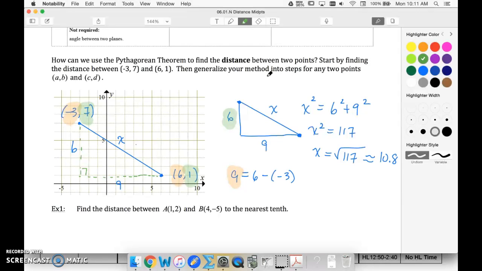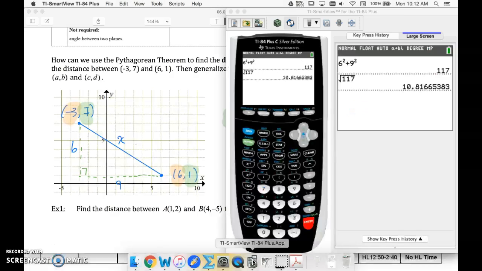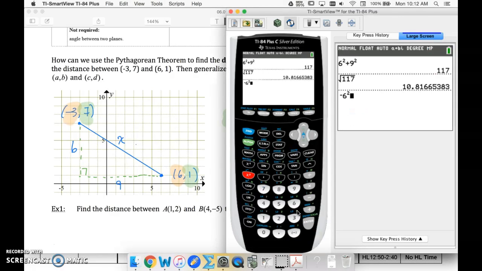If I go in the same order, notice that for my y values I would have 1 minus 7. Well, that would end up giving me -6, but if I squared -6, it's still going to be a positive number. So it doesn't matter which values we start with. If I start with the 1 minus 7 and I get a negative answer, that's okay, because I'm going to square it. So if I did that in my calculator, I can't do -6 squared, because that means square the 6, then make it negative. I would have to do (-6) squared plus 9 squared,